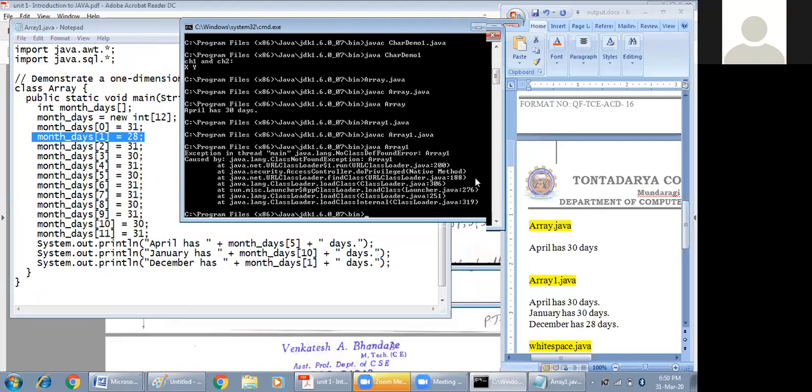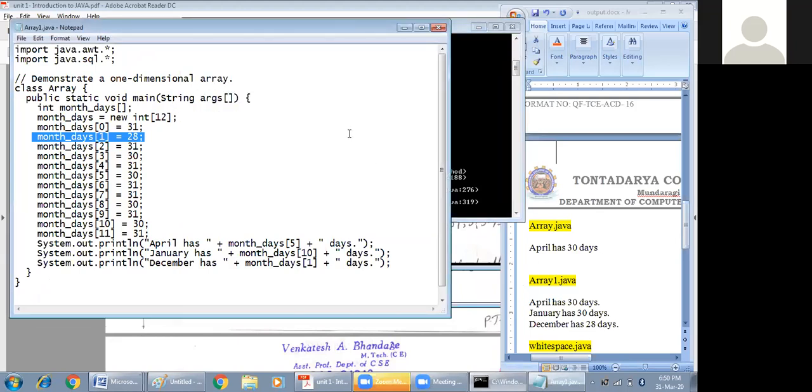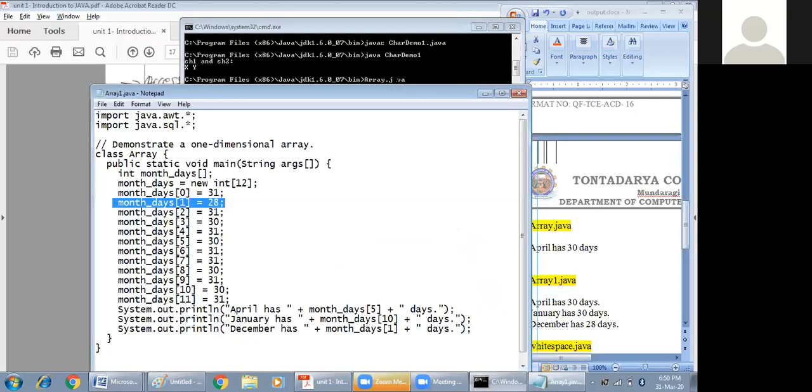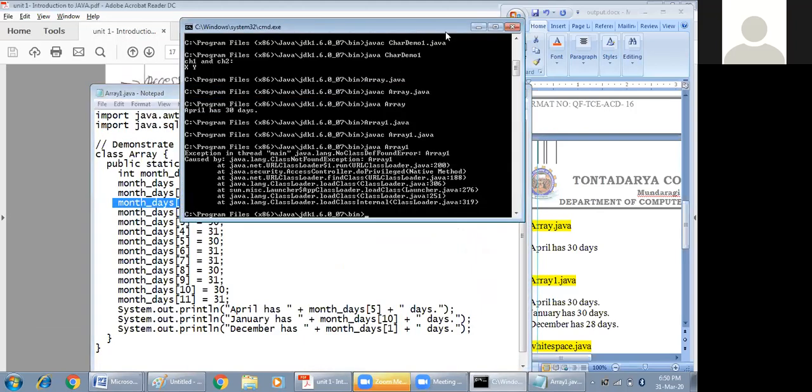Unmute yourself. Can they unmute themselves, Naveen? No, sir, we can't unmute. Then they can tell the answer in the chat itself. Yes, sir. Those who know the answer, reply in the chat.